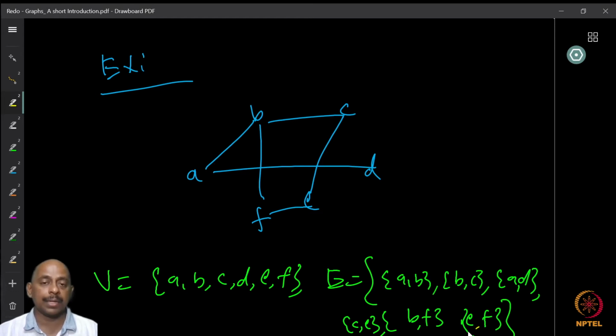Now what we have done here is to map these points A, B, C, D, E, and F to different points on the plane R2. For example, A is mapped to some point here, B is mapped to some point here, C is mapped to another point, D is mapped to a point, and E and F. So all these vertices are mapped to distinct points on the plane. And now since A comma B is an edge, I draw a line segment connecting A and B this way.